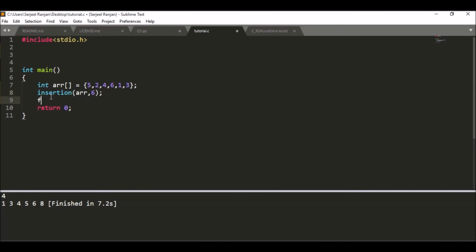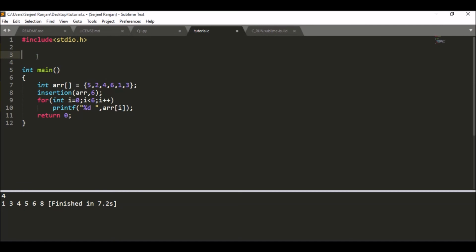And after getting sorted, I will print out all the elements of the array to see if the array was sorted or not.